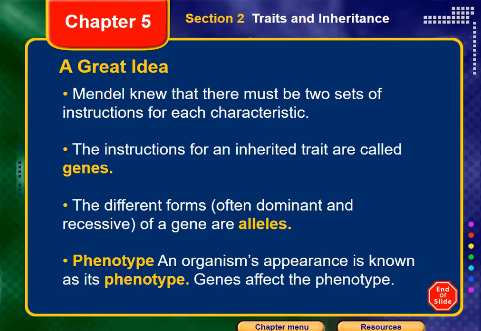Is it clear, guys? So here we have two important definitions: alleles and phenotype. What are alleles? Alleles are the different forms of a gene. That means the different alternatives. For example,